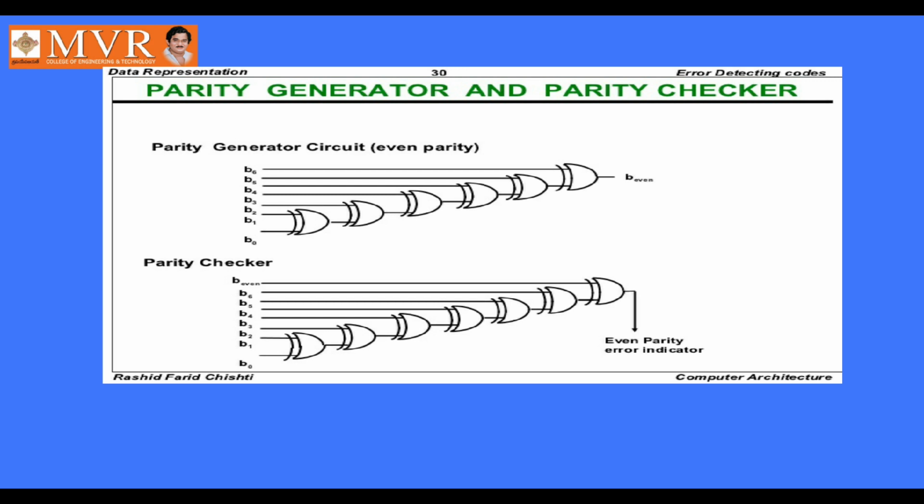The second subtopic in data representation is complements. Here, R's complement and R minus 1's complement were discussed for the binary and decimal systems. That means for the binary system, 2's complement and 1's complement, and for the decimal system, 10's complement and 9's complement. We also discussed how to perform additions and subtractions using the R's and R minus 1's complements.